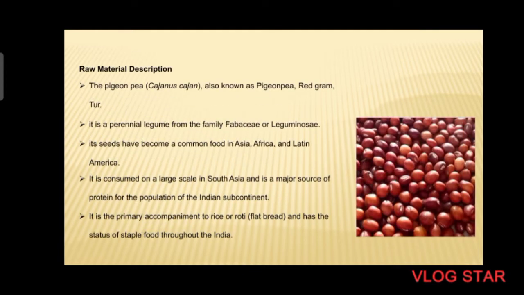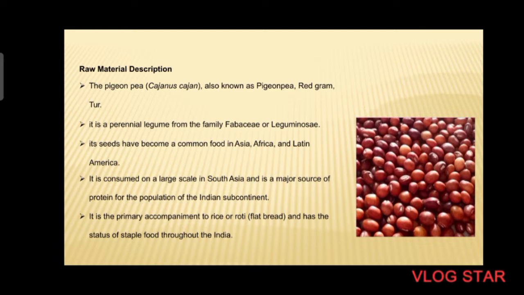There are many pulses, for example red gram, black gram, green gram. But now let us discuss pigeon pea as a milling process. The pigeon pea or Cajanus cajan, also known as red gram or tur,